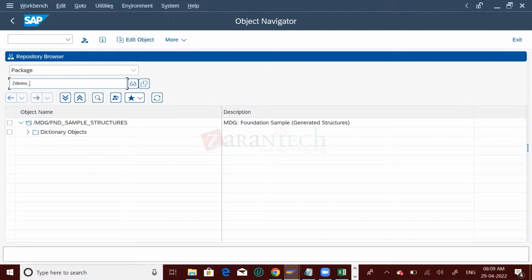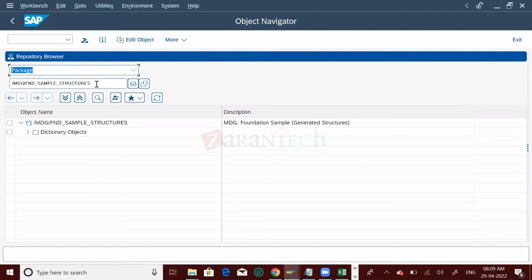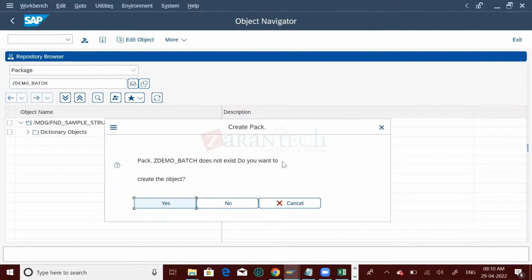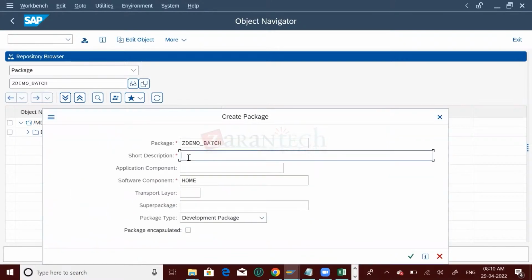Z demo patch. Okay, so you will go from this drop down, you will choose package, and you have to create your package. So you will provide your ZDEMO package name, then batch PATCH. Whatever name you want to provide, you can provide over here, and you can create the package. Enter. It will say that it does not exist. Do you want to create this object? You will say yes. You will provide package